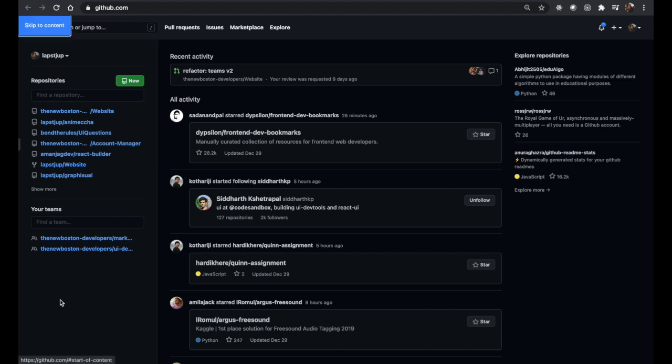See, on the first tab itself, I got skip to content. That is cool. If I don't press enter and keep on pressing tab, I'll go through the navigation options. So these are all the navigation options. Now I don't want to go through them. I want to skip the content. If I press enter here,